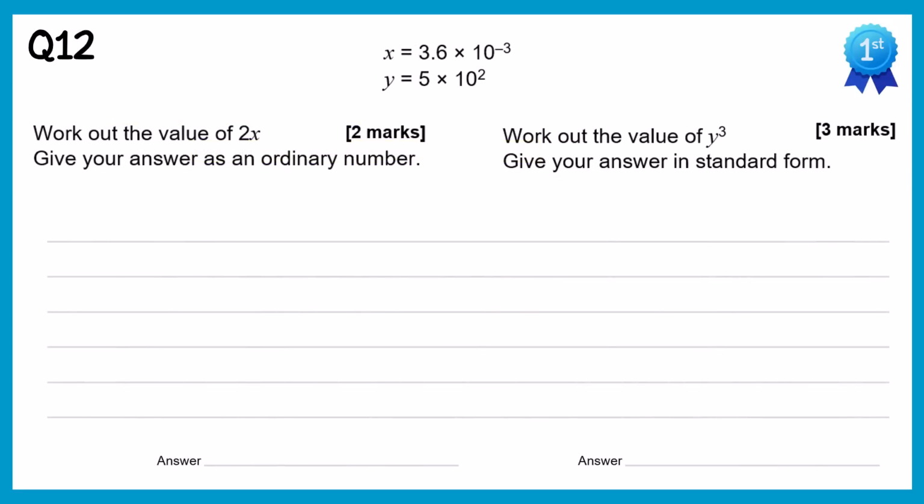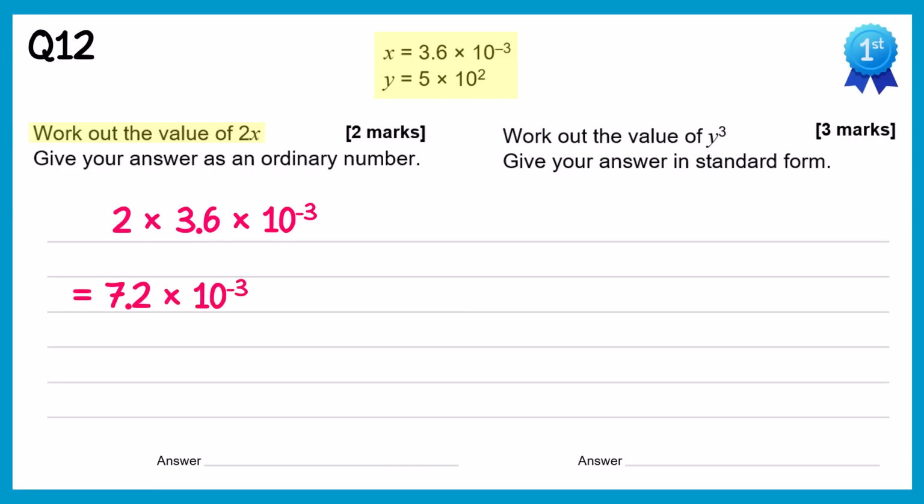In this question, we're told the numbers x and y in standard form. For the first part, we need to work out the value of 2x, which is 2 multiplied by x. So if we multiply 2 by the number x, which is 3.6 times 10 to the power negative 3, this is all we need to work out. To do this, we can do 2 multiplied by 3.6, which is 7.2, and then multiply this by 10